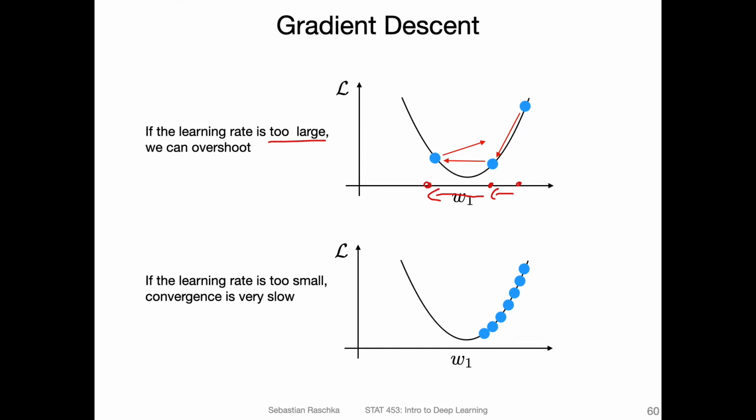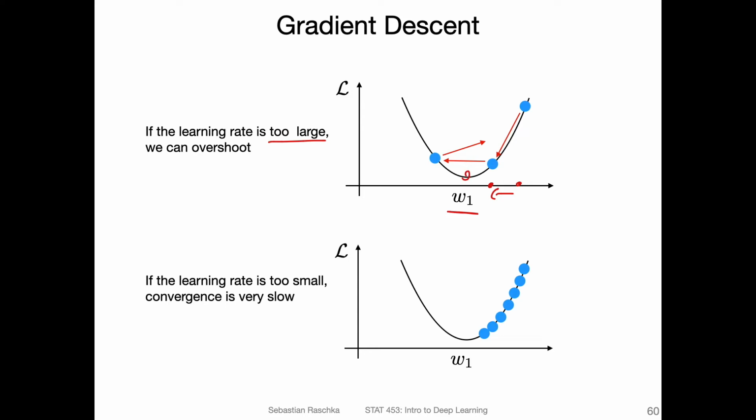And depending on what you find here, you may overshoot even more, and then you kind of lose the way, so your loss will increase. You can see that happening in practice if you use a learning rate that is too large. Notice here also I'm only always looking at one weight, but there are weights in multiple dimensions. So in that way there's a lot of possibility something like that can happen if we use a large learning rate. So it's actually better to make smaller baby steps towards reaching this global minimum.